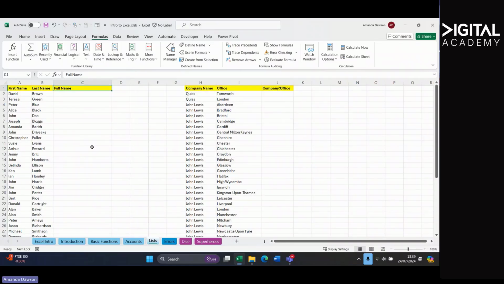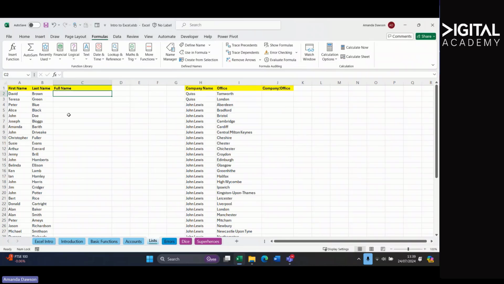Lists. We've all got them. We all have to work with them. I've got a list here of first name and last name, but what I want is to join them together as a full name. In the past, we used to have to do that with a function. The function was called concatenate. I couldn't even spell it, let alone write the function for it. There are new options in Excel that will allow you to do this quickly, easily, and without ever having to